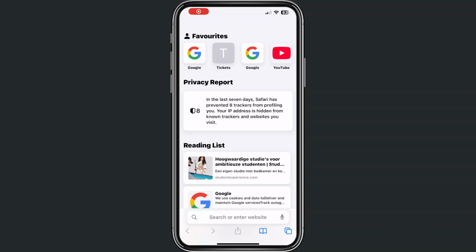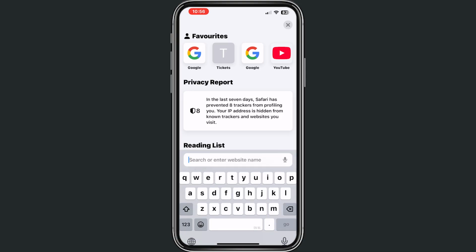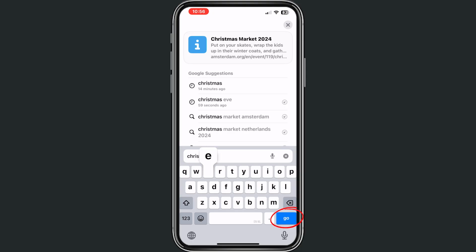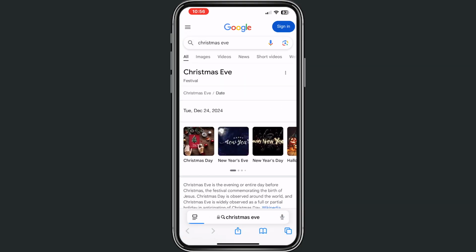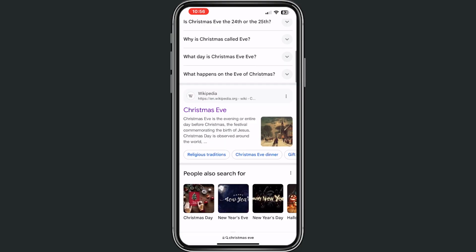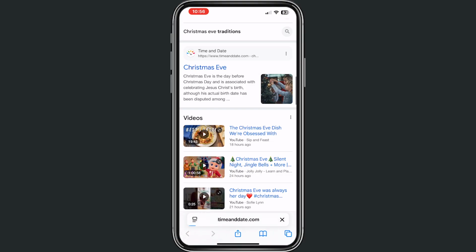Hey you, and welcome to this video where I will help you out how to reopen recently closed Safari tabs on iPhone. Alright, let's search for something like Christmas Eve. Search. Right now we are here on Google Christmas Eve, and if I'm clicking here on the Christmas Eve site,